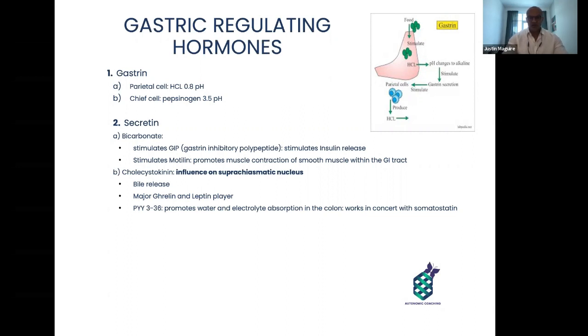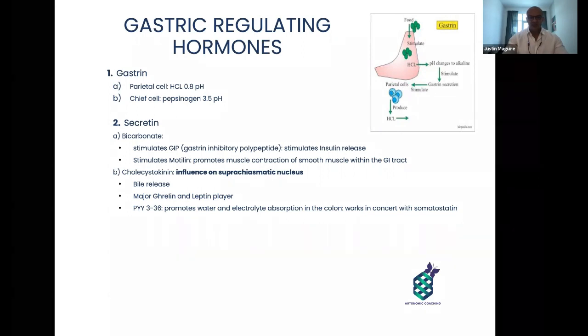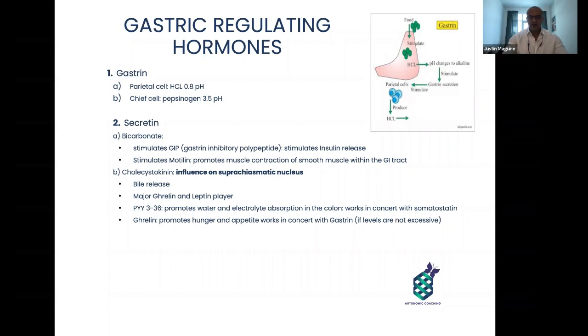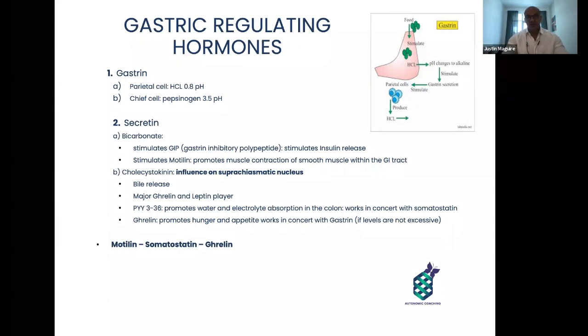PYY336 promotes water and electrolyte absorption in the colon, works in concert with somatostatin, which slows down the motility rate so the body has opportunity to absorb nutrients. Ghrelin promotes hunger and appetite, works in concert with gastrin, okay, if levels are not excessive. So initially, with this previous point, when we initially get hungry, we'll actually release gastrin, which will facilitate the initial release of stomach acid. This is the reason why when we are hungry and we do not feed ourselves, we can actually create colitis later down the line,